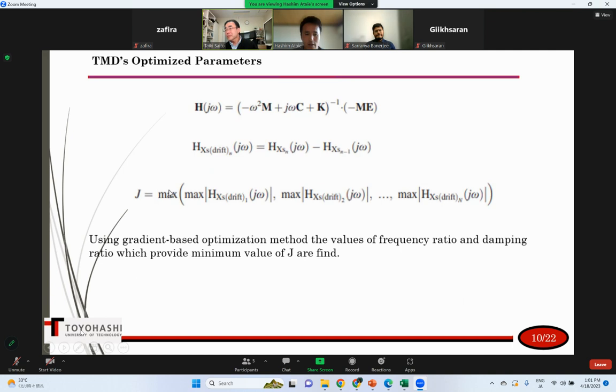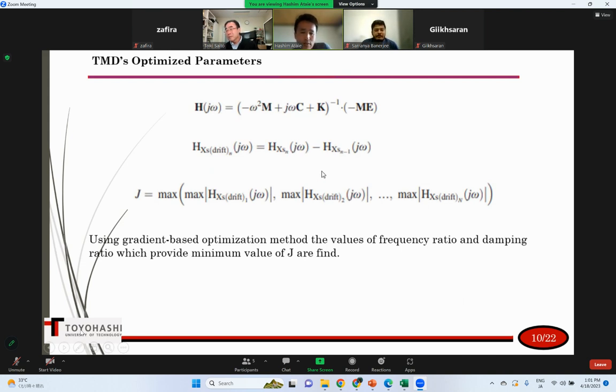Based on this, for example, consider that the third floor has the maximum magnitude of interstory drift. So interstory drift is related to omega and also to damping, and they use gradient-based optimization, maybe by MATLAB, and find the frequency ratio and damping ratio to control the